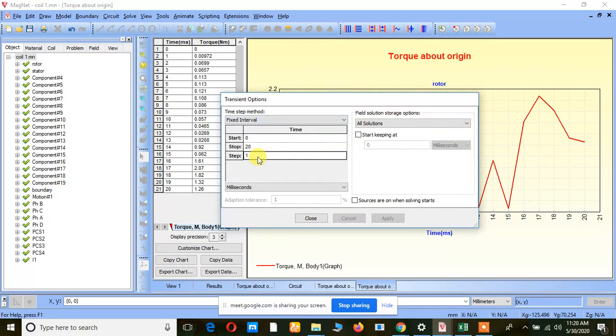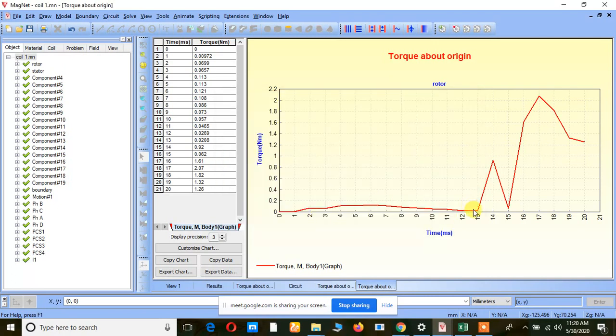So if you give 0.1 and 1 for the mesh element size, then this type of distortion, see here, suddenly it is increasing, decreasing, again it goes to the 2. So this type of sudden increase and sudden dip will not occur, right? So if you want to avoid the sudden rise and dip, just follow these two conditions, right? We can get smooth torque characteristics, right?